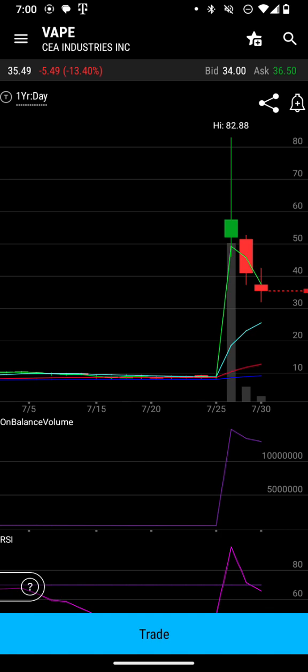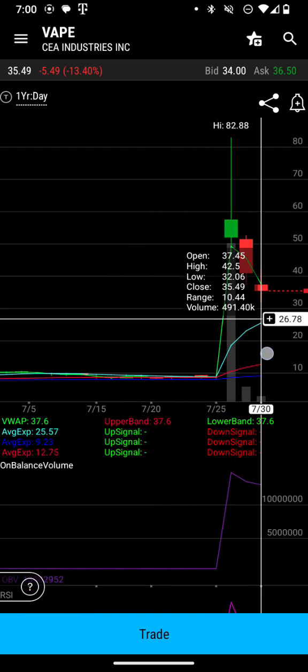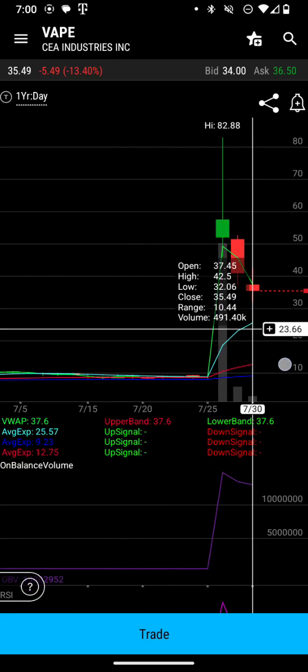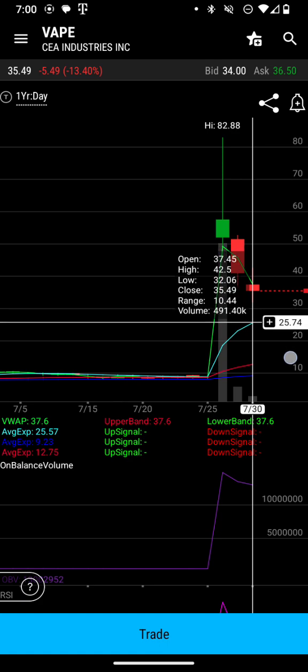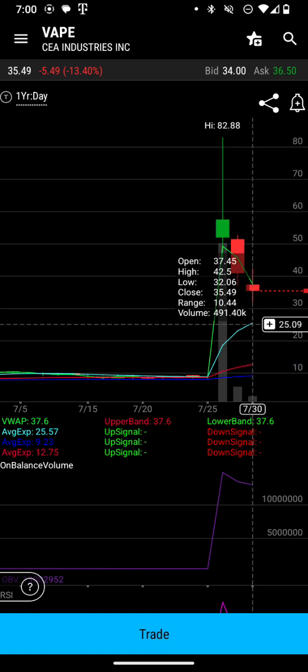On the yearly, we have the 9 EMA. Again, the 9 EMA is white. I don't know if I told you that already, but the 9 EMA is white. I don't think I went over EMAs yet, but I will. I always make my 9 EMA white. You can make it whatever color you want if you decide to use it. But that's around $25. If it breaks, you're looking at around 10 or 9, which I think would touch the 50 first. So you're looking at possibly 10 and some change if it touches the 50-day. Now,